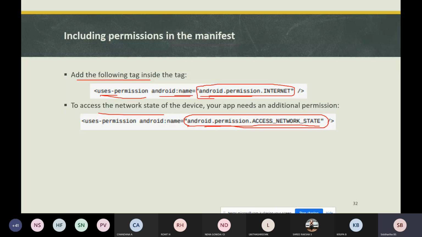This ConnectivityManager class also manages all the networks that are there in the Android device.